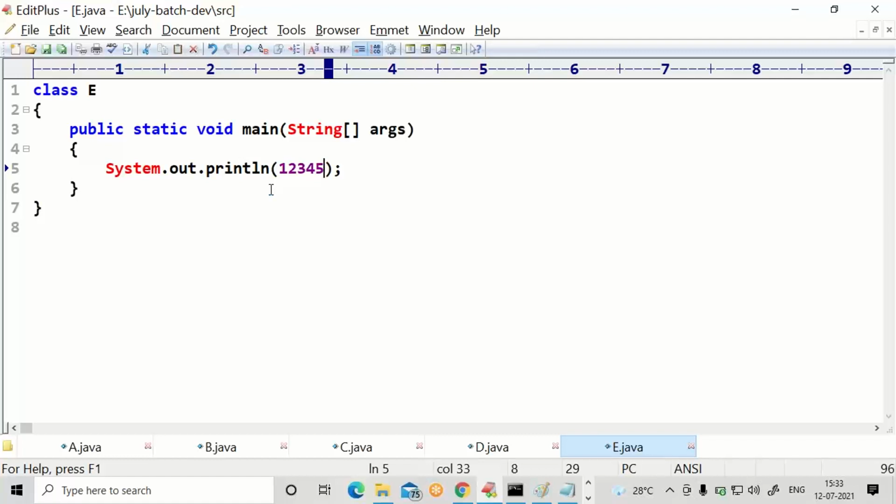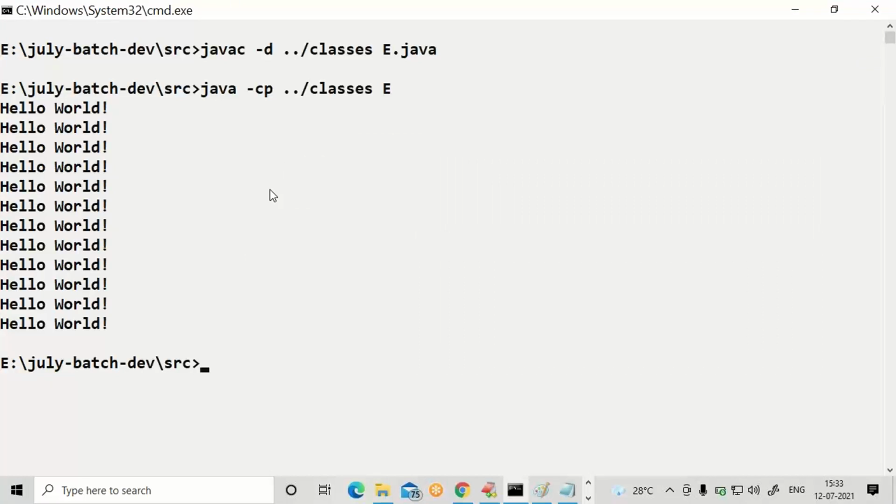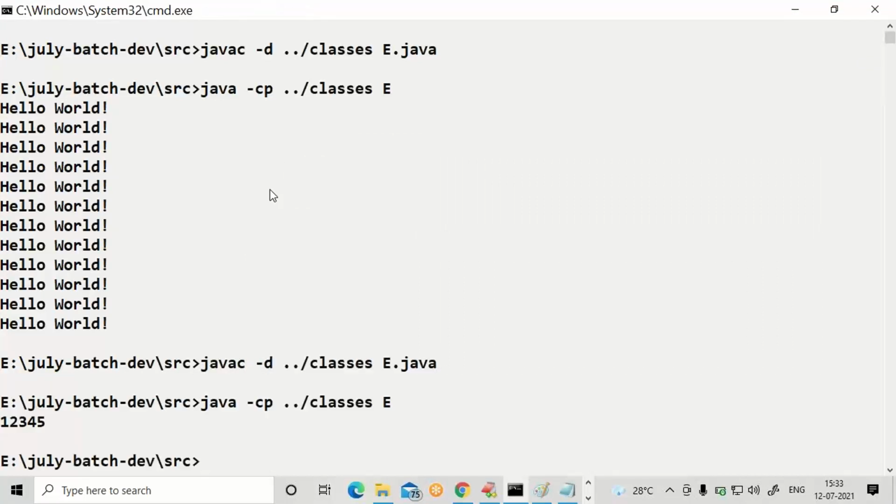Save the file, Control S. For every modification, you have to save without fail. If you are not saving, changes will not be reflected. Two times up arrow, one time down arrow. Can you see?